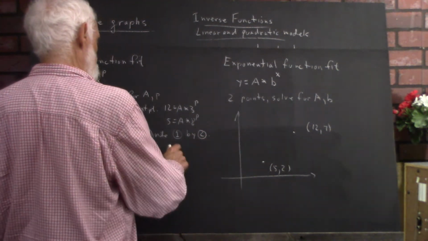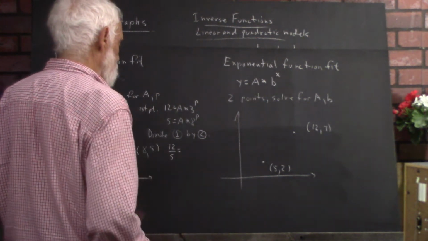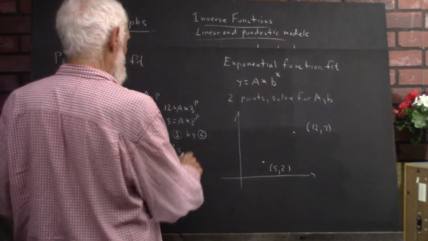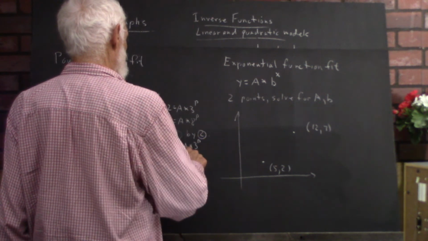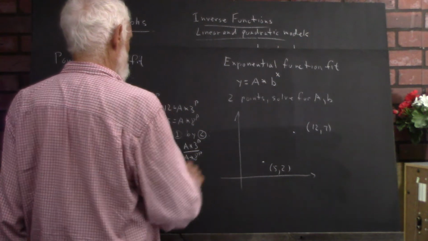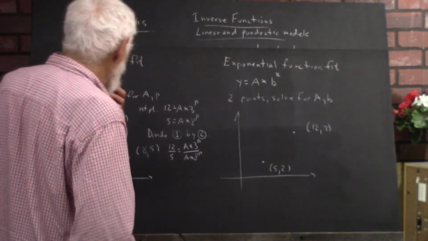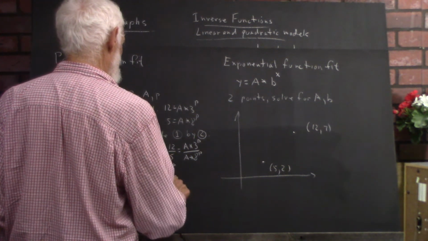And what I get on the left is 12 divided by 5. Now the right-hand sides are equal to the left-hand sides, so this 12 over 5 has got to equal A times 3 to the p divided by A times 8 to the p. So the A's divide out, I get 3 to the p over 8 to the p